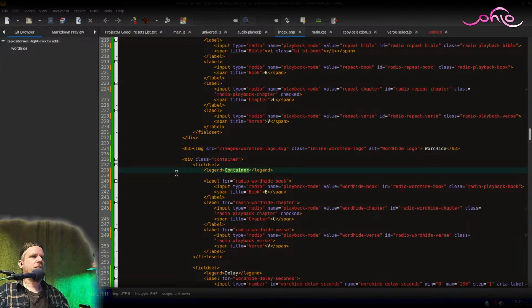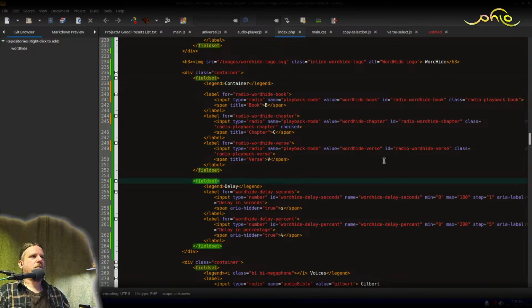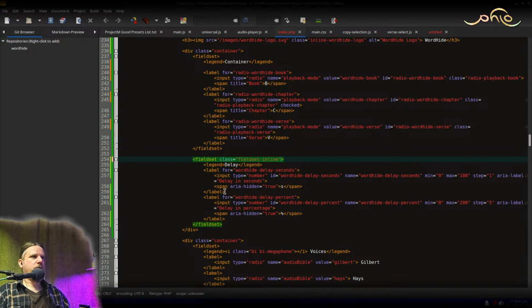Or one other thing I could do is it could just be a styling issue rather than semantic type stuff.